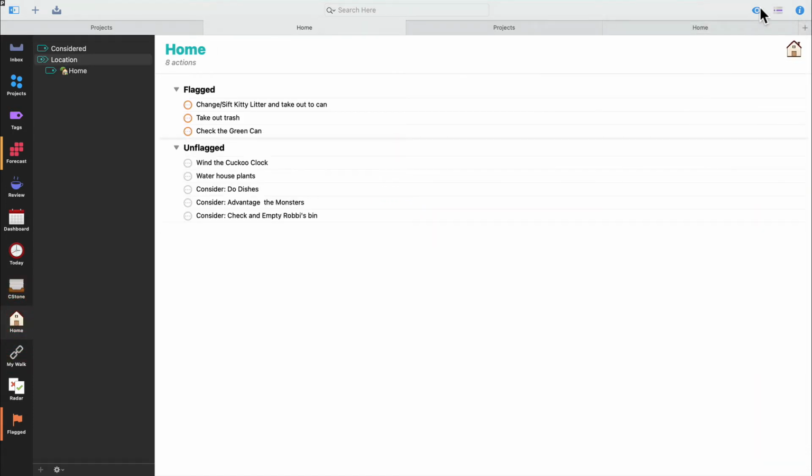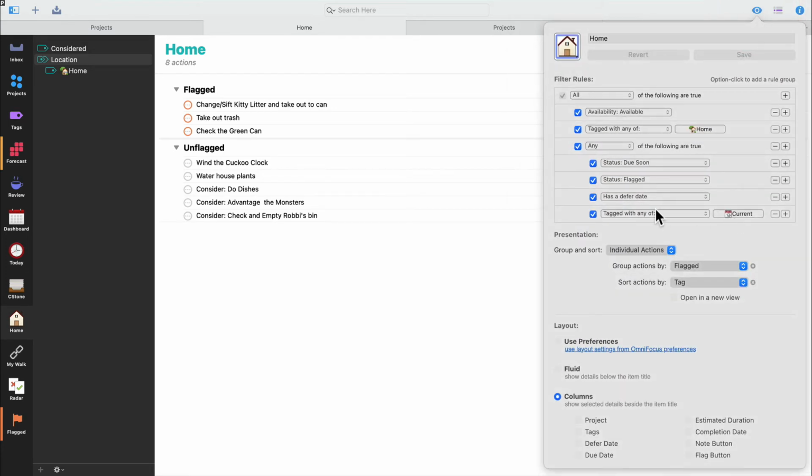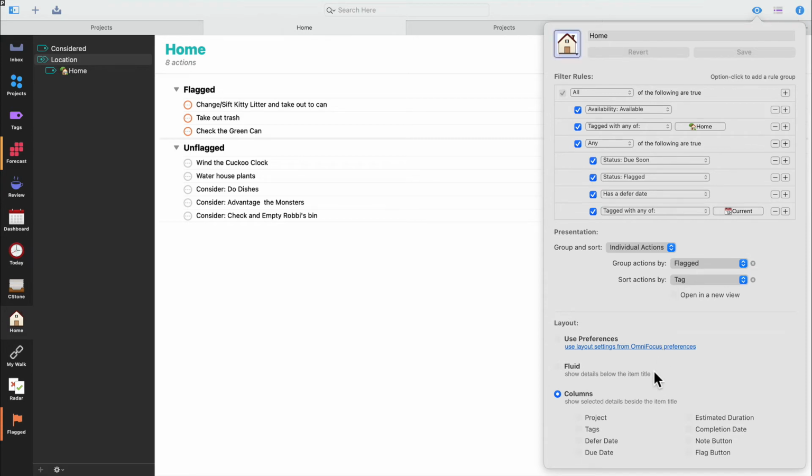And then home is the same sort of idea. I do have the current tag for home because home's kind of a catch-all place. I have a specific job to do when I'm at the church. I just putter around and do whatever when I'm at home. Seems to be how it is. So it has the home tag, due soon, flagged, and also the current tag, and I sort by flagged. I've played around with this in the past. I find that having flagged at the top is better visually. I can work through the top, and I don't